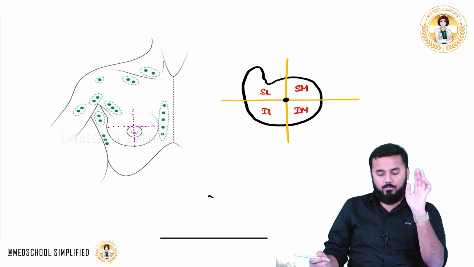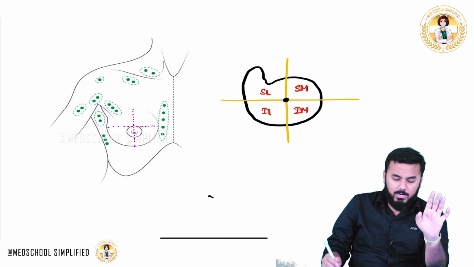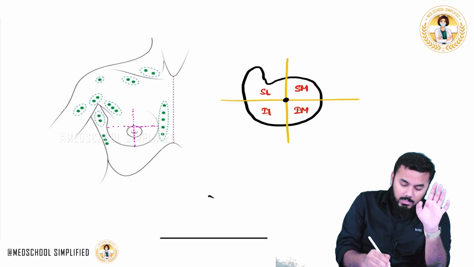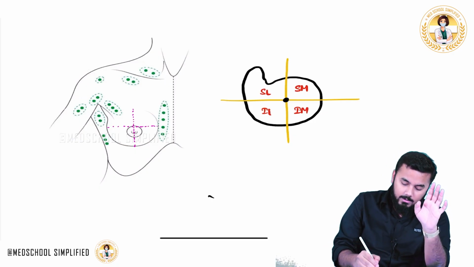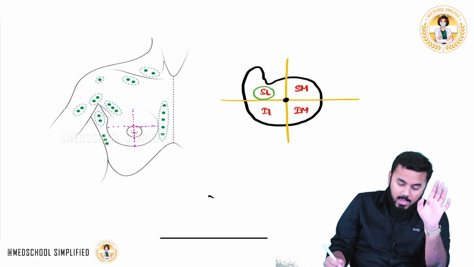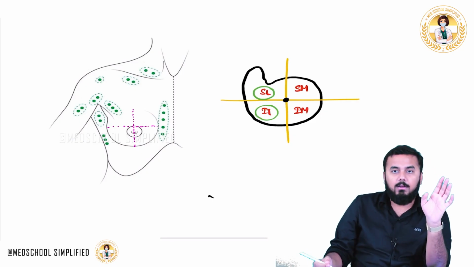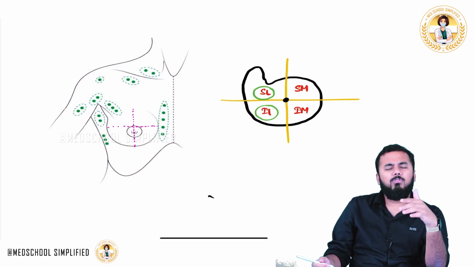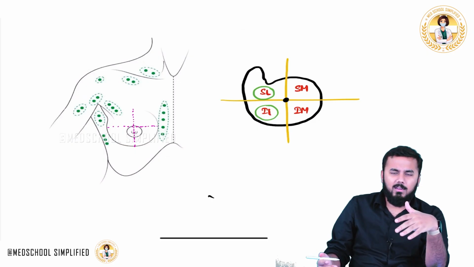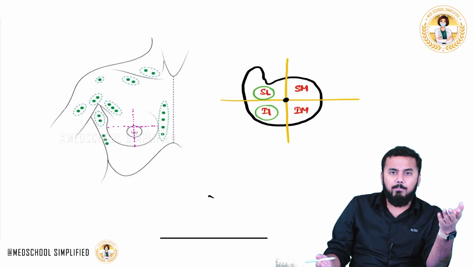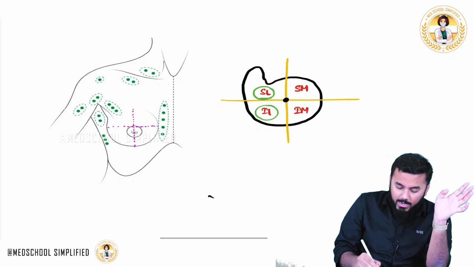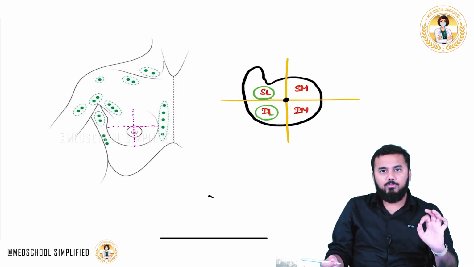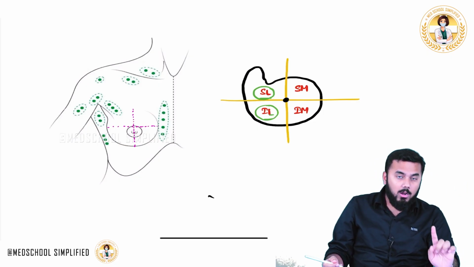Now, one very important thing you need to understand is that the superior lateral as well as the inferior lateral, you can also, if you want, call it as lower lateral. The upper one you can call it as upper lateral. Lower lateral, upper lateral, whatever it is, superior lateral, inferior lateral, whatever it is. So the superior lateral as well as inferior lateral lymph nodes, where do they drain? All of them,